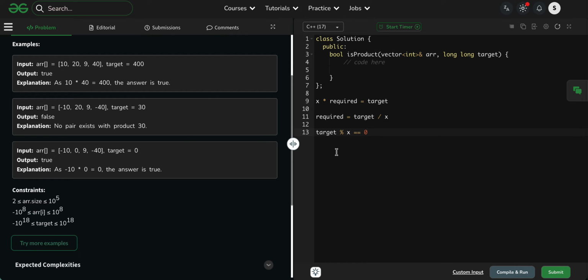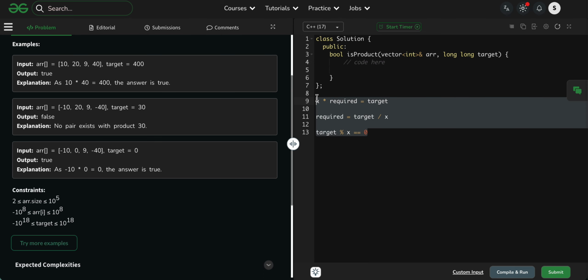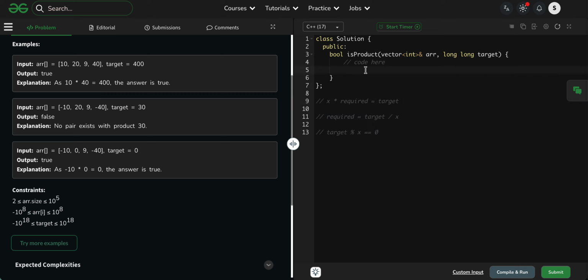Now I suggest we write the full code, then you will definitely understand. This is the comment, and I start to write the code. Like we use the unordered map and unordered set, right? And long long, with seen as the set.